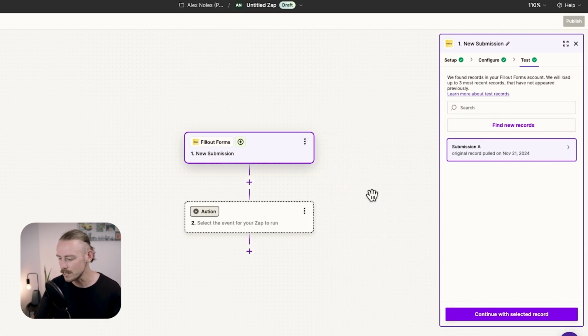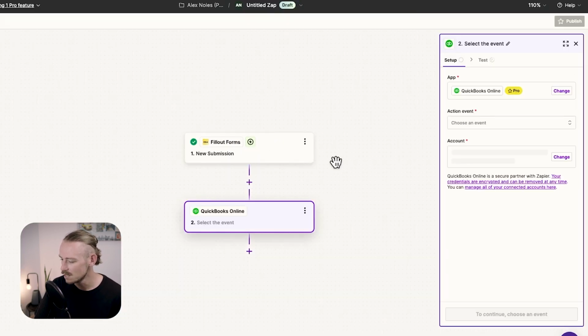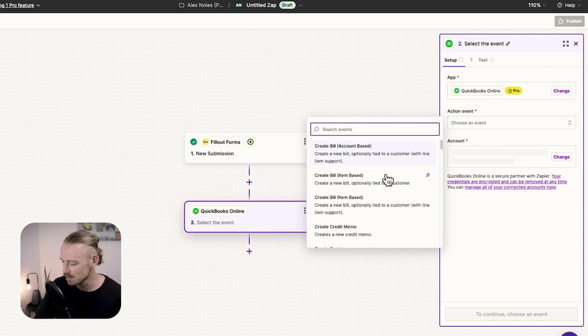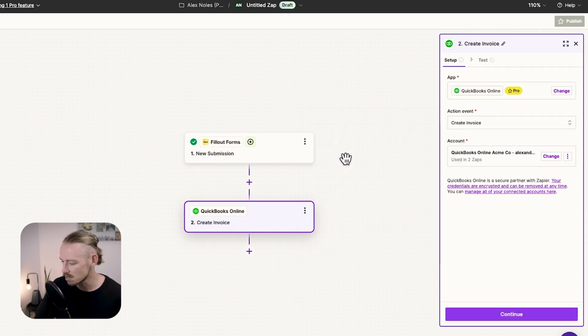Let's look at creating an invoice. So we know that we're going to search for QuickBooks again, or we'll just select it down here. And the action event this time, instead of create customer, it is create invoice. So we'll select that. Of course, you'll want to include your account. Now, please be wary. Because QuickBooks is such a meaty platform and these automated workflows rely on using quite a bit of data that is formatted correctly,